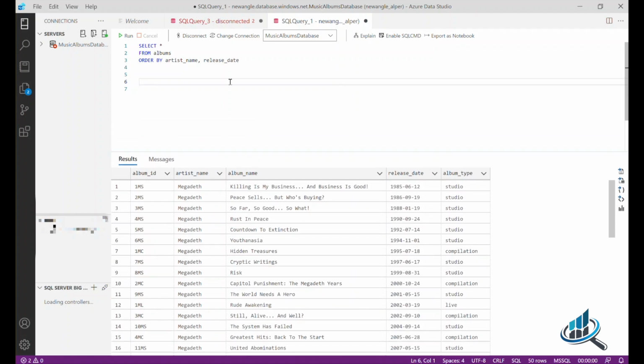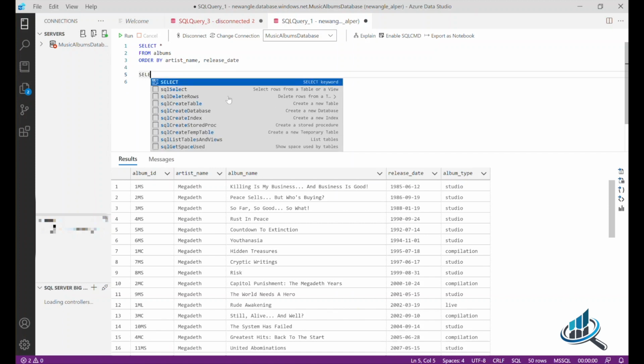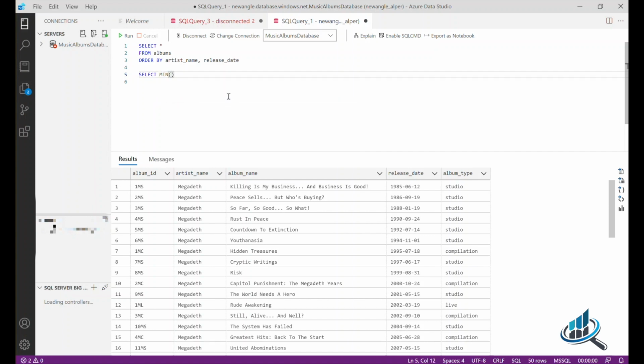But once again, this may not be scalable. This table only has 50 rows. In real life situations, you're dealing with far larger tables than that. So I'd rather show you something far more scalable that you can use. But you might be asking, why do I even need a subquery in the first place for something like this? Can't I just use something like the minimum function? Well, let's see what happens if I wanted to get the minimum release date, because after all, I can use